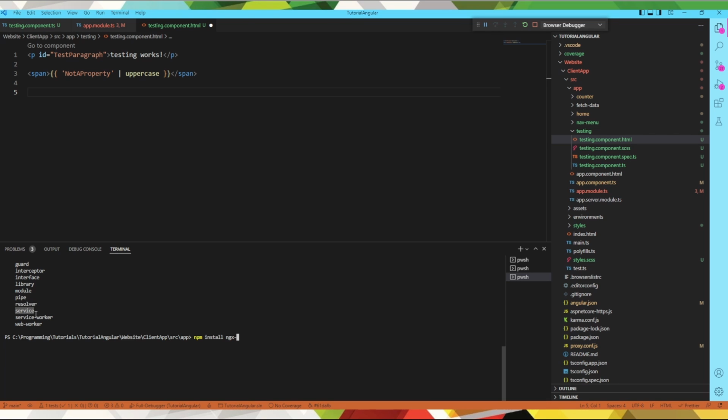Now services are not referencing web services. They're not referencing the API at all. That's not what this is. These services are classes and code that are able to be injected into our components. So if we go back to our testing component,